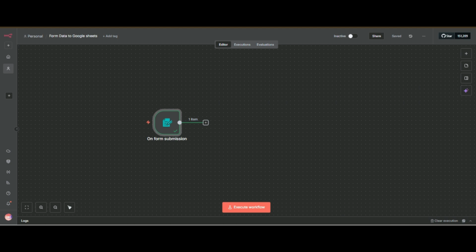So here we will use the If node, a logic node. I will explain when we will use it and what the If node is. Basically, the If node is a decision-making node, and it is a very essential node in the n8n AI agent journey. It is a conditional node type.